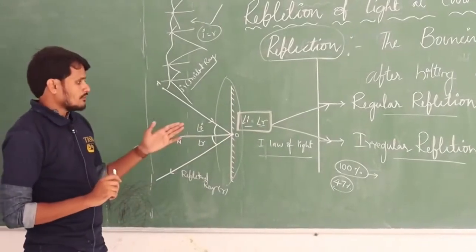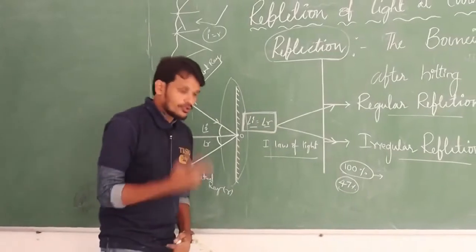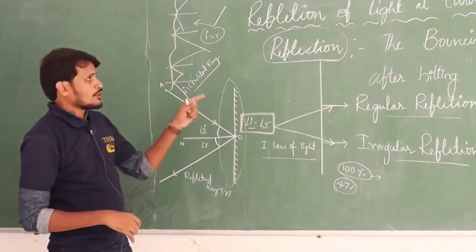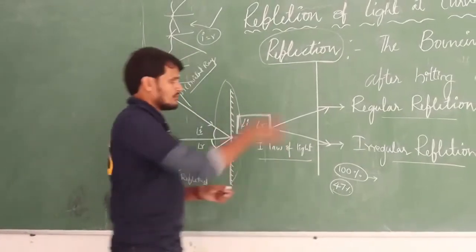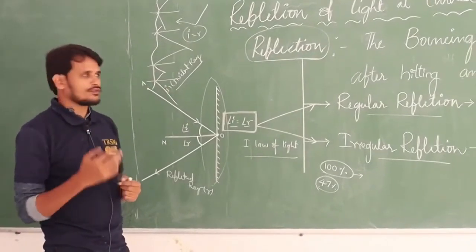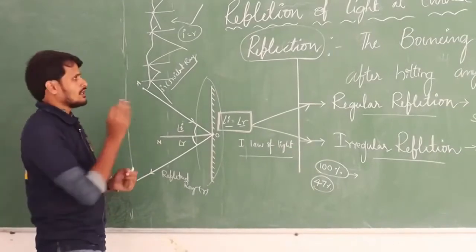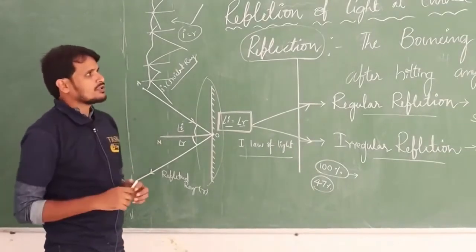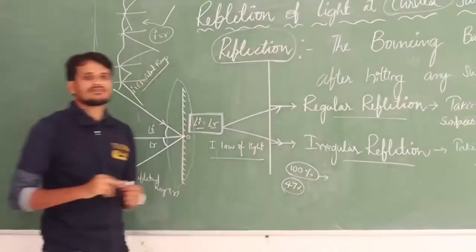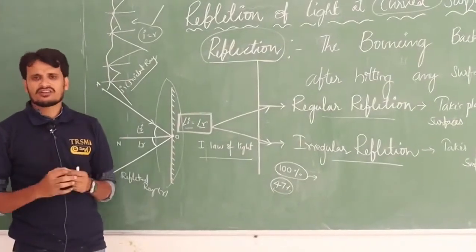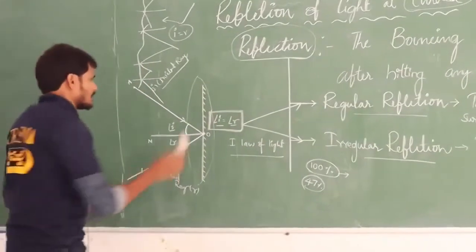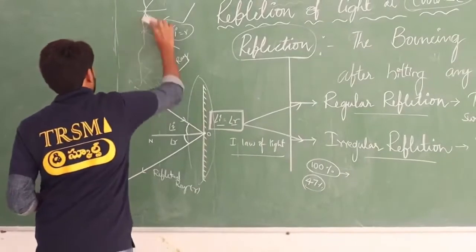Clear? So the next thing is, today's topic is nothing but what? How reflection takes place on curved surfaces. So what do you mean by a curved surface here? We know this theory from past experience and past classes. What we studied in earlier classes, we know very well, but I am introducing you once again to what reflection means. Let's go to our lesson. What do you mean by a curved surface? How does reflection take place on a curved surface? It's a very interesting topic to know about. Let's see what a curved surface means.